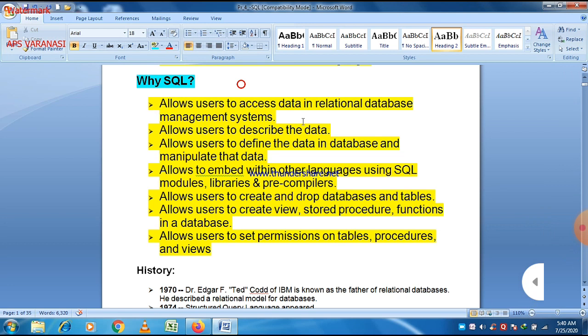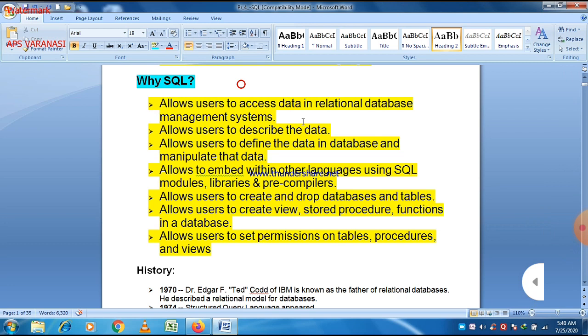Using SQL you can describe the data in a database management system, and it allows users to define the data in the database and manipulate the data. Always remember that SQL is divided into three basic parts: DDL, DML, and DCL, three different sub languages. They stand for data definition language, data manipulation language, and data control language.